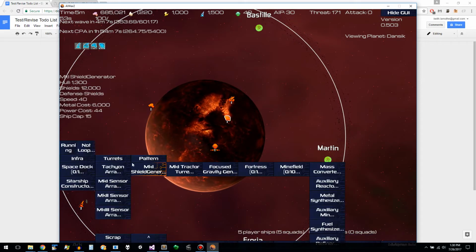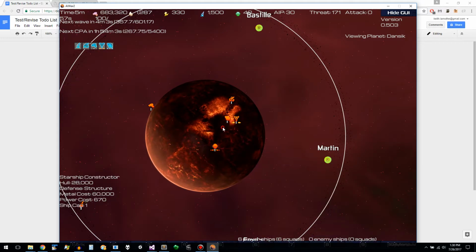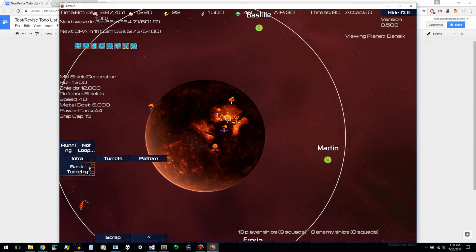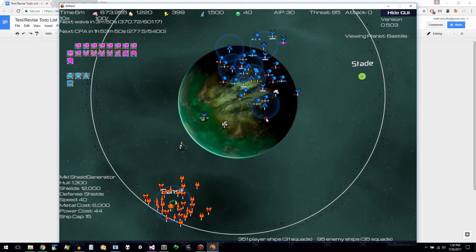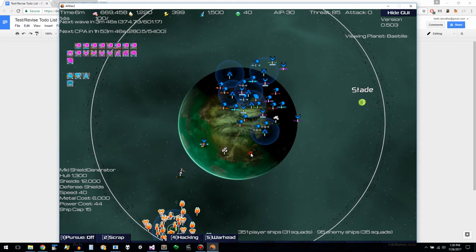So we want to build a starship constructor here, so I have something that's strong. I also want to build turrets. I'm just going to do the pattern thing. Okay, that's not a lot of turrets. Alright, so yeah, here's our fleet. We're going to send in...